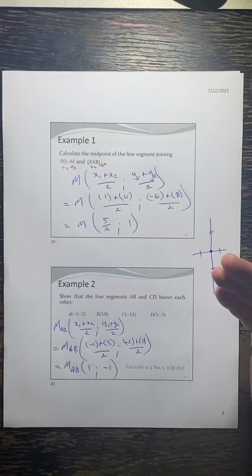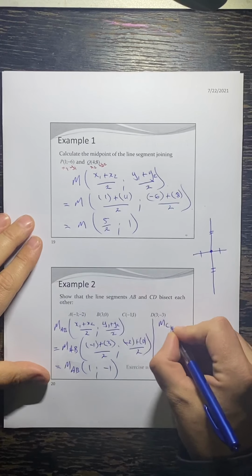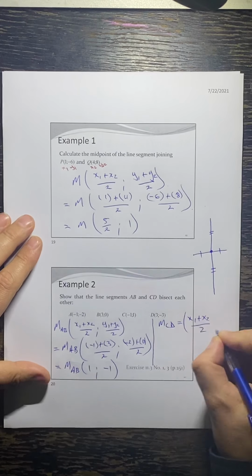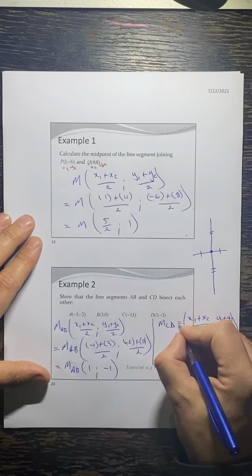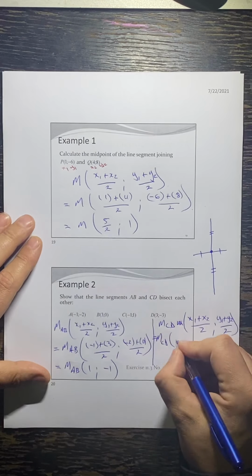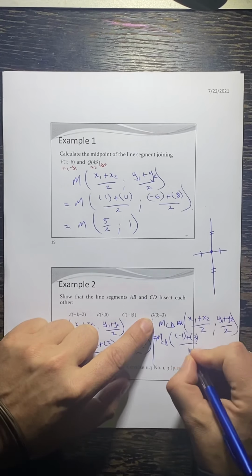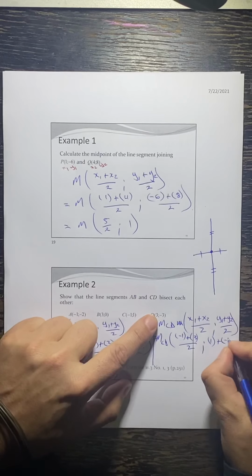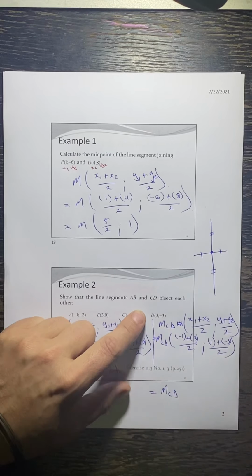Now I'm going to find the midpoint for CD. So the midpoint of CD will be equal to x1 plus x2 over 2 and y1 plus y2 over 2. Okay, so x1 is minus 1 plus x2 is 3 over 2. Y1 is 1 plus y2 is minus 3 all over 2. So we get the midpoint of CD is,